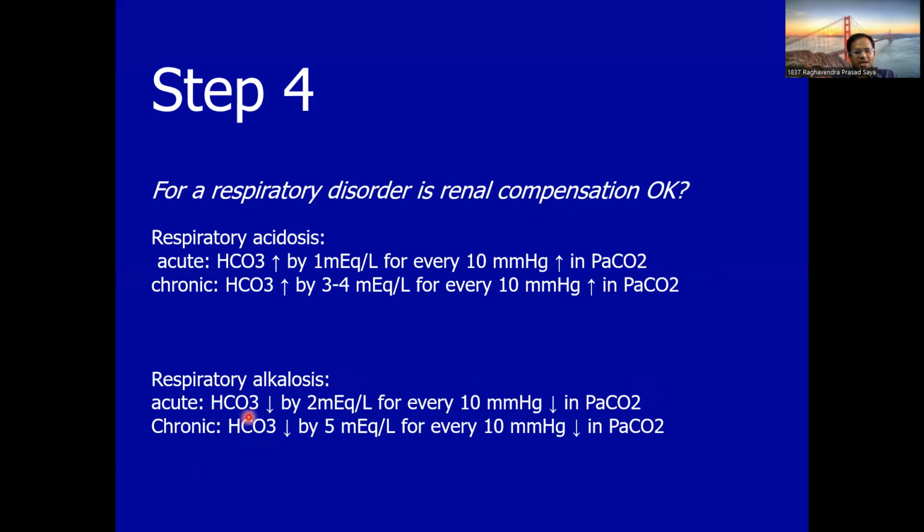So this bicarbonate decreases by 2 milliequivalents per liter for every 10 millimeter mercury decrease in PCO2. Okay, and then in case of chronic respiratory alkalosis,